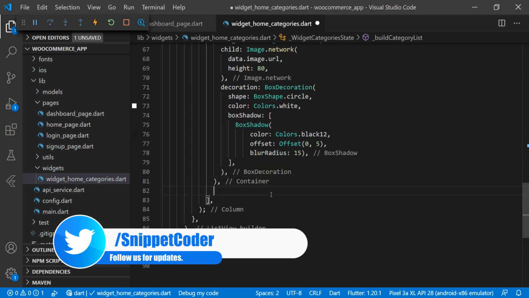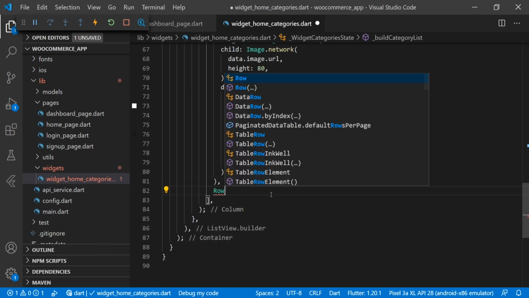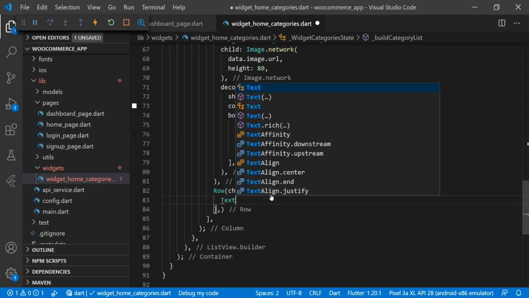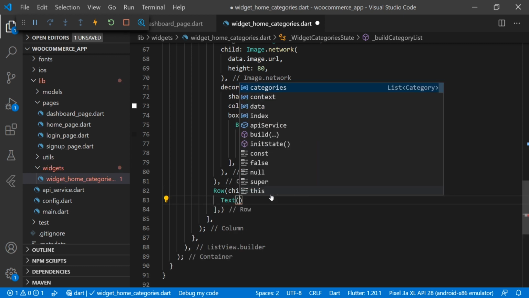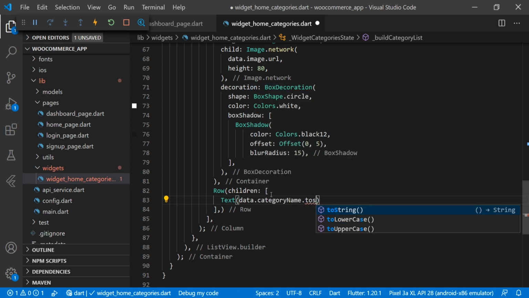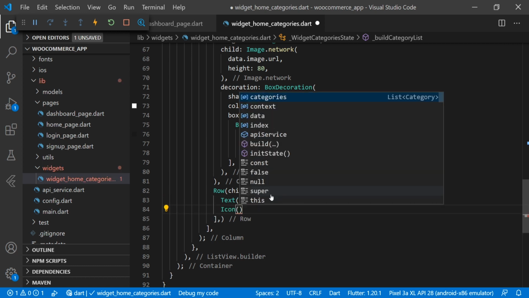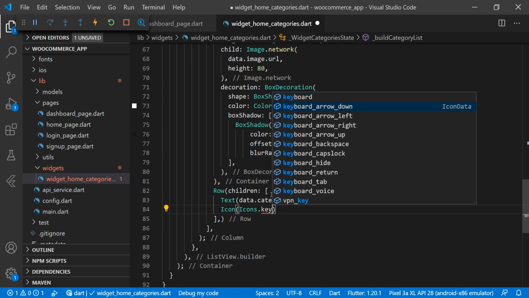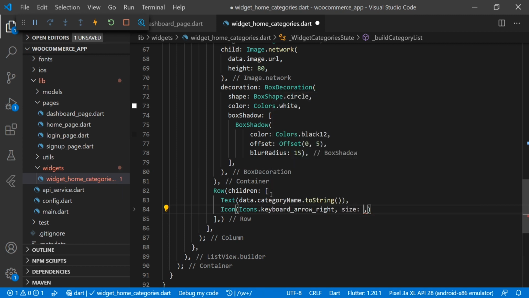So now here we will pass that row widget, and there we will pass the children. In the children we have a text, and the text we are passing is data dot category name to string. And then we have an icon here, and we are passing icon dot keyboard arrow right, and we have a size of 14 here.